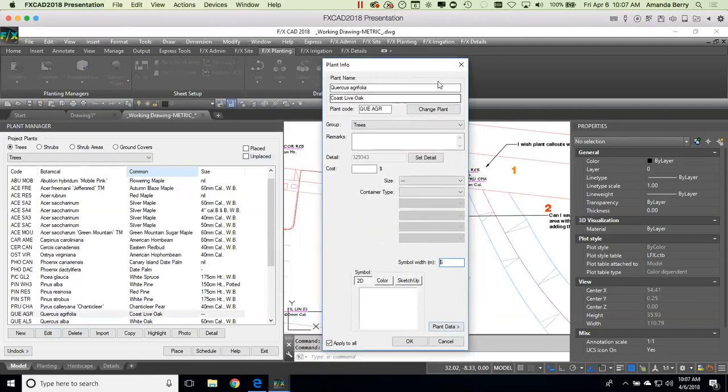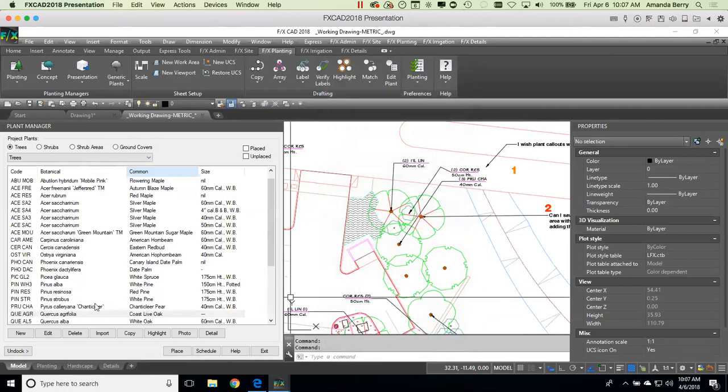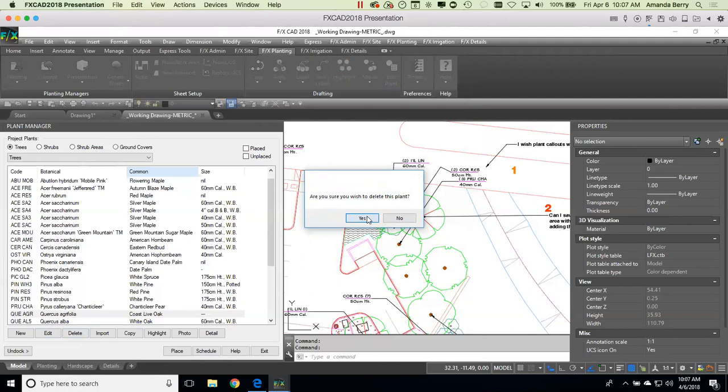And that's because when you first add a plant to a project from the new button, it all comes in blank: no size assigned, no cost, no symbol, nothing. Just the defaults that you can then go in and edit whatever you want. However, what you can do is actually start using templates, and you can pull this in. For instance, if I cancel out of here and I take that one and I delete that, yes,